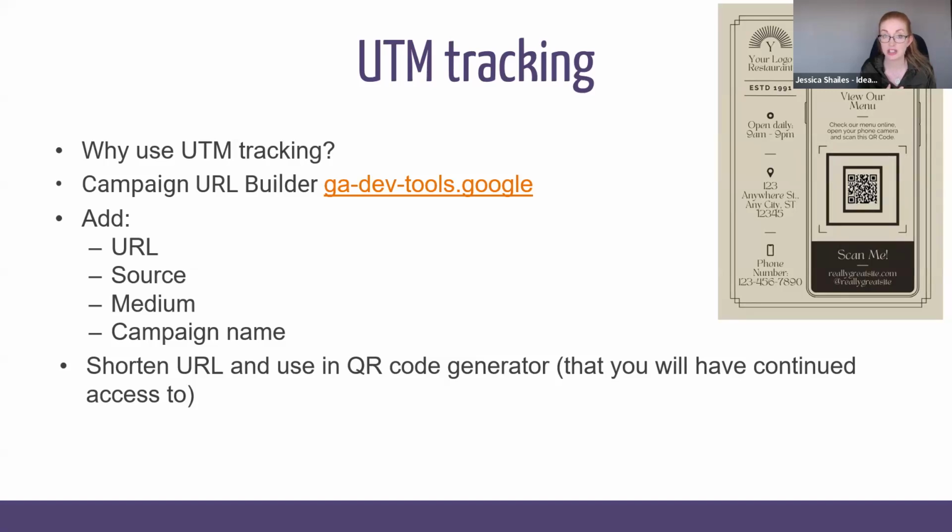So it doesn't have a particularly good name. It's not one of those snazzy things that help, but you can go to a campaign builder and fill out a form, and it will just spew out a URL for you. That's the Google website to do. These are the things that you're going to need to fill in: the URL that somebody's going to, the source, the medium, the campaign name. And then it'll give you this horribly long URL, but you can shorten it within the tool, to be honest, into a bit.ly thing. And then you can use a QR code generator to make sure that if anyone scans the QR code, it shows up in your analytics tools